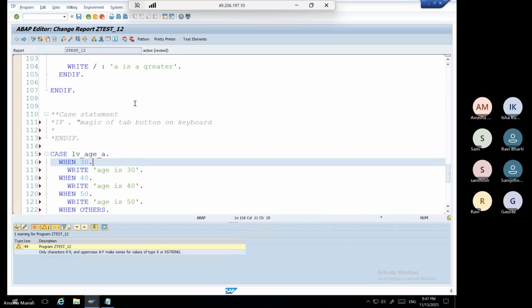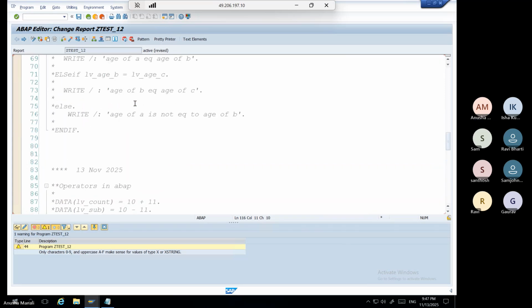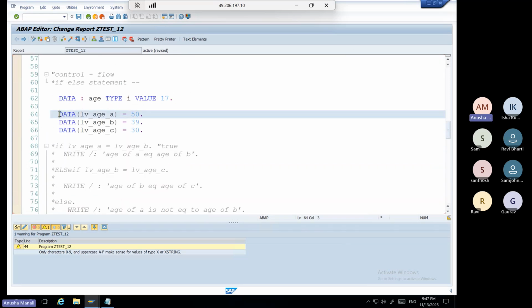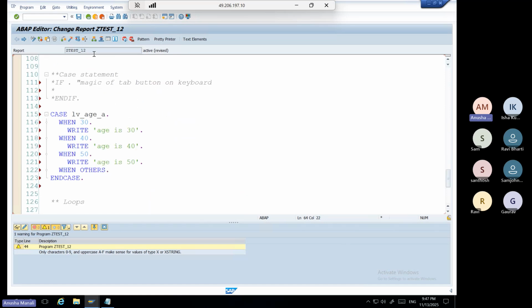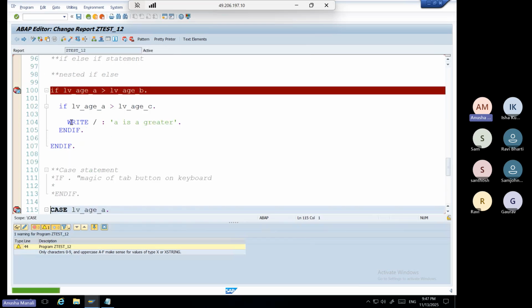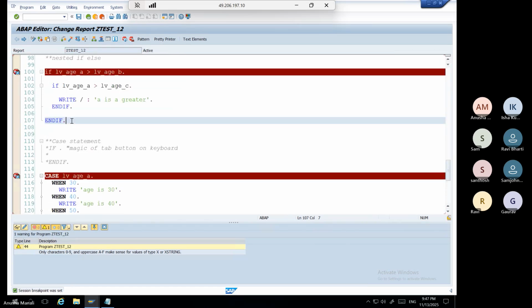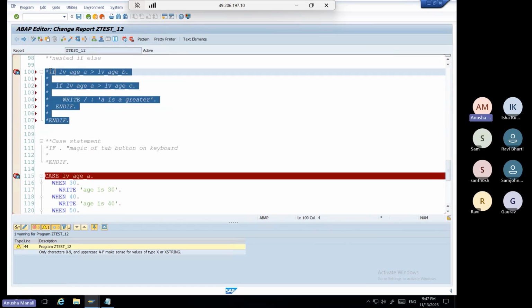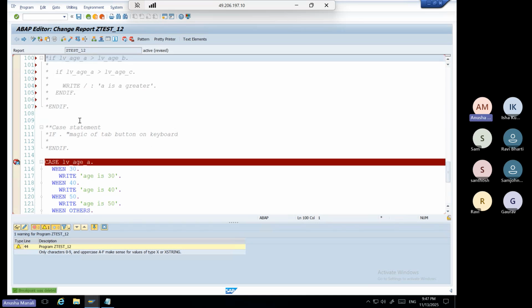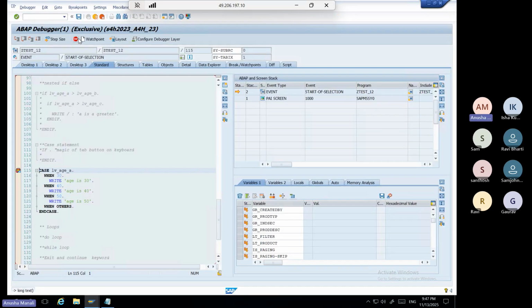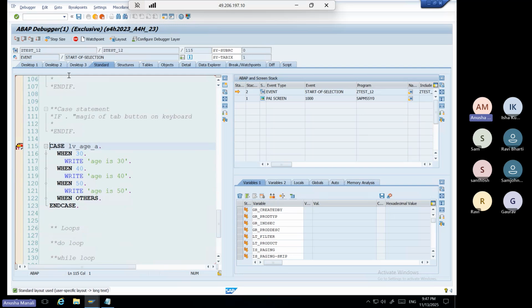Let's set the value. It is already 50. So let's check the syntax and activate the program. Let's put a breakpoint here. Let me comment this code. Remove the breakpoint. Activate again. Run it. Now you can see here in the debugging mode,